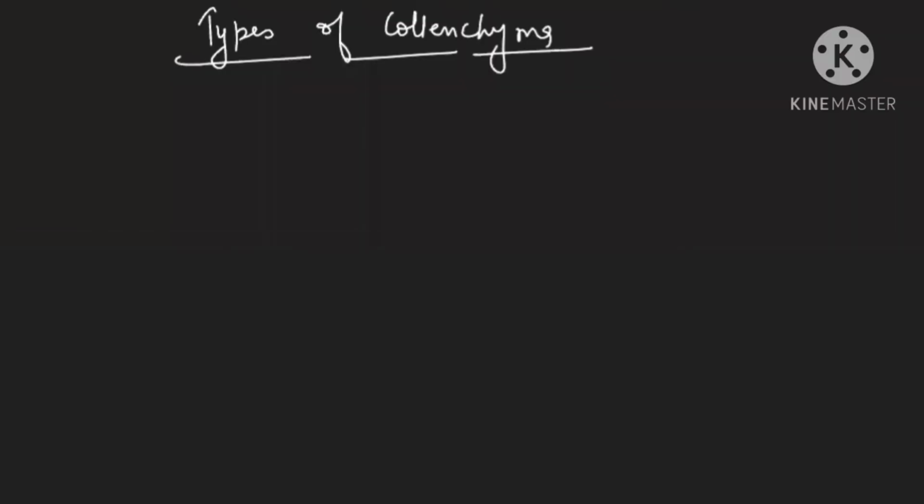The types of collenchyma depend on the deposition, how they are putting the deposition. This is again, I'm drawing it, try to understand. These are a few cells I'm drawing. If the deposition is occurring in such a way that no intercellular spaces are left, if you see right now in this deposition, no intercellular space will be left out, and deposition is occurring only in the angle.